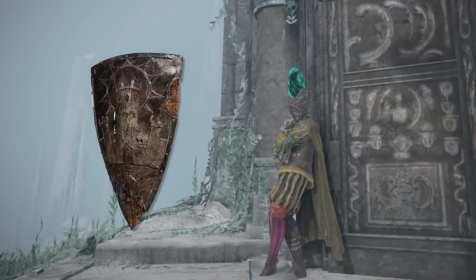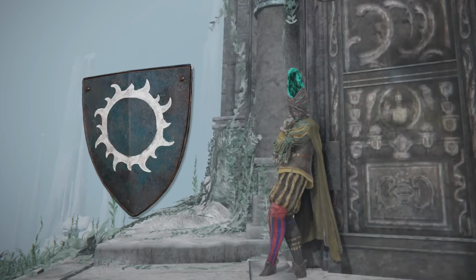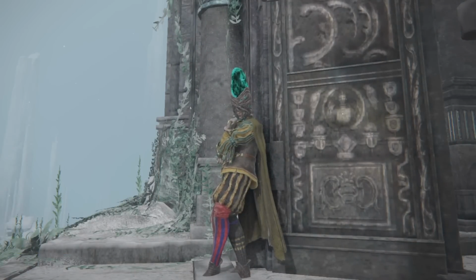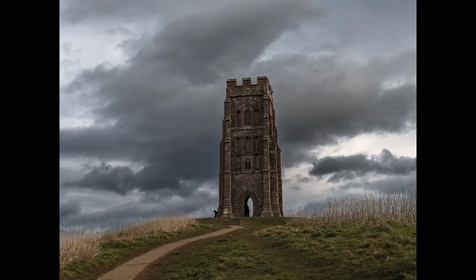Where was the Sun Realm? Why did Marika need the Eclipse? And what is this gate for? Watch and find out. If you want a quick answer to what inspired the gate, it is most likely Glastonbury